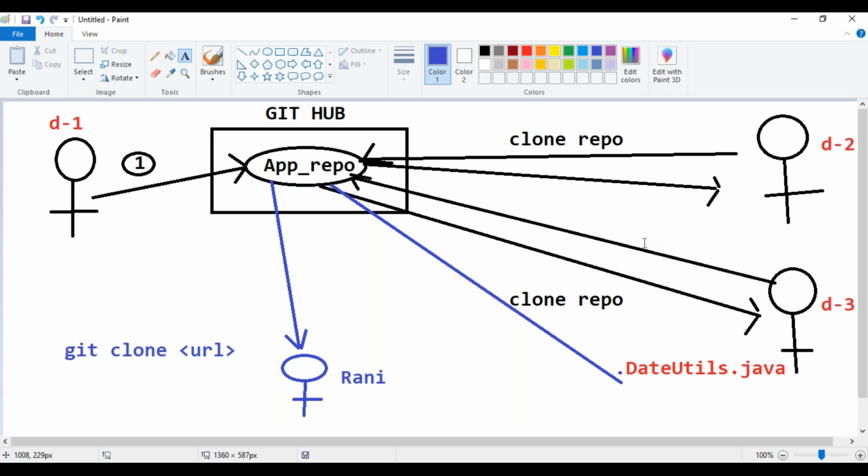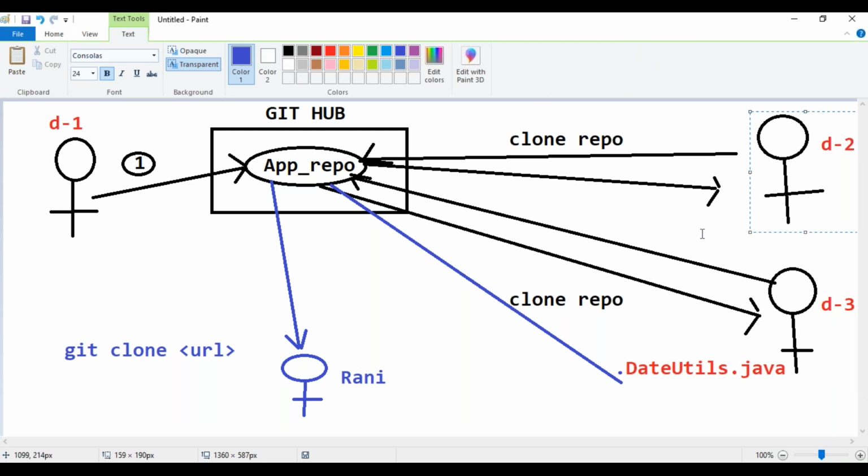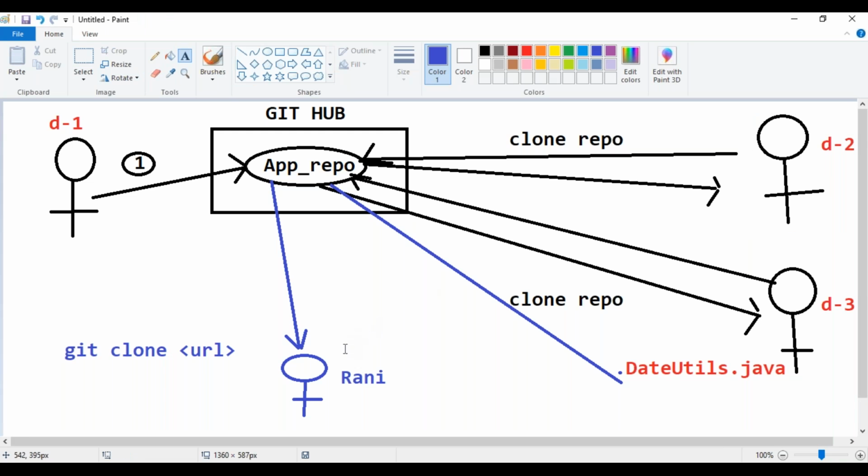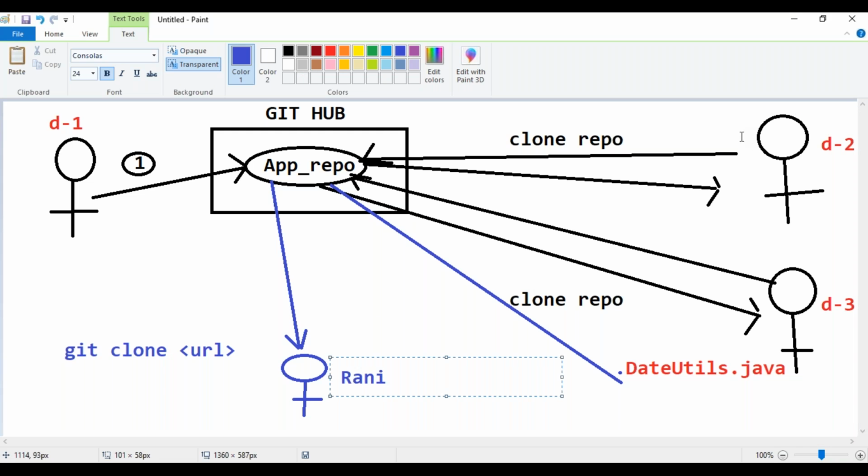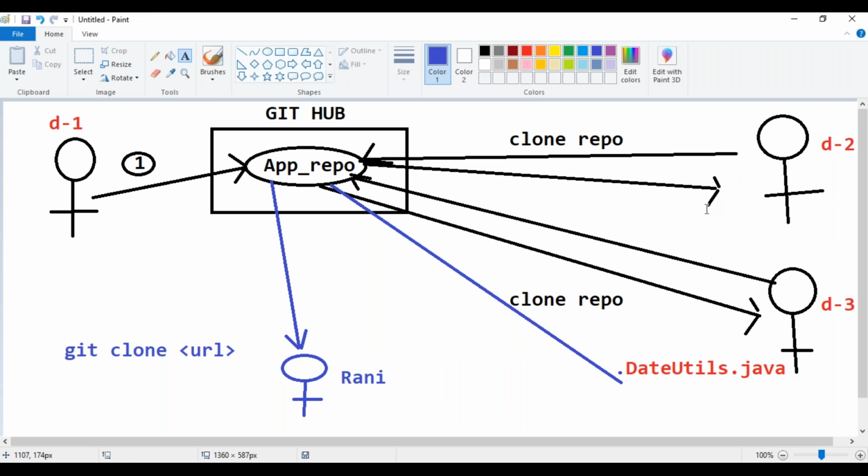Now what I will do is tell Bharat or Sanjay, because these are experienced people already existing in the project. "Hey Sanjay, take the updated code from the Git repository and verify what changes were done by Rani, and check whether she has done them correctly or not." As team lead, I asked Rani to do the changes.